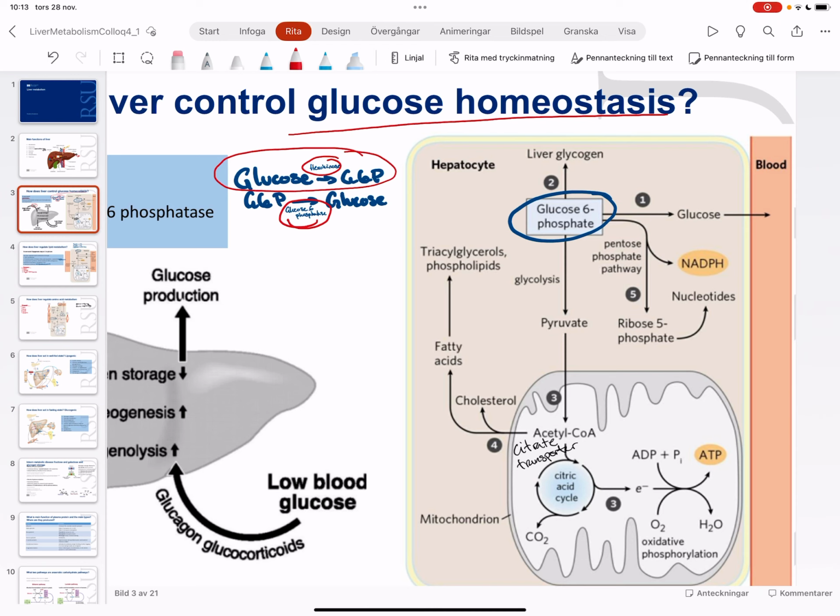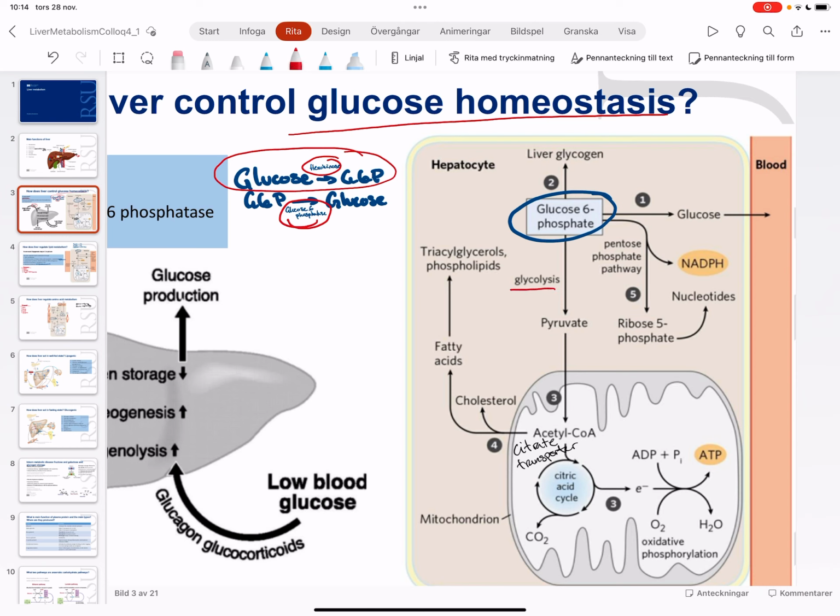Another thing that's important: glucose 6-phosphate is needed so that many different pathways can start. In order to do glycogenesis, you also need glucose 6-phosphate. Or when you start the pentose phosphate pathway, you also need glucose 6-phosphate. We will do glycogenesis in case we have insulin. But if we have glucagon, then we will do glycolysis,